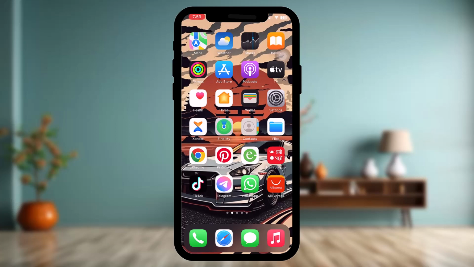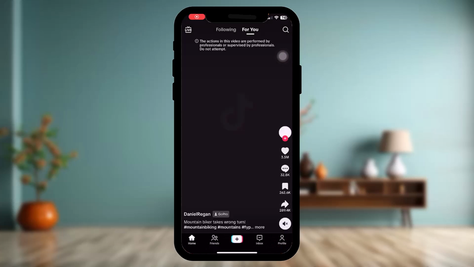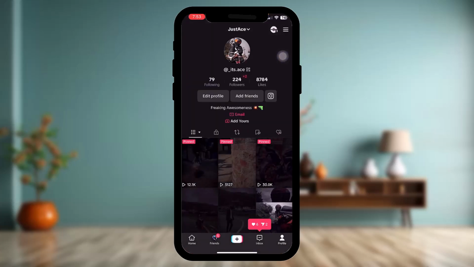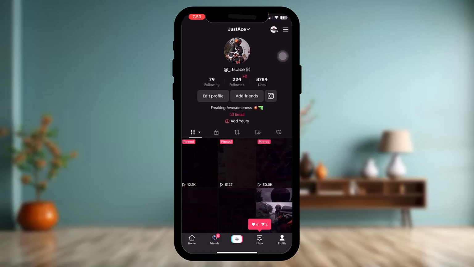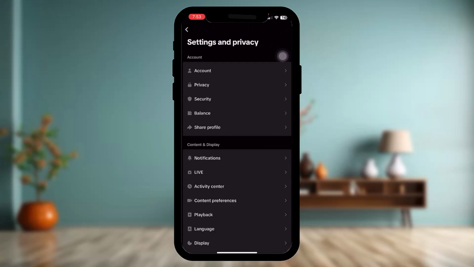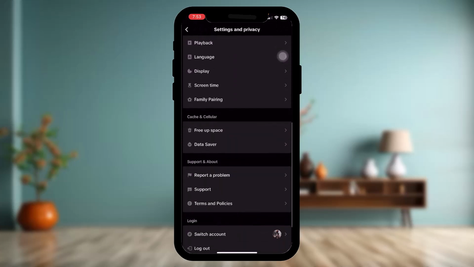But if you still have the issue, then what you can do is just open up your TikTok app. Once you're inside here, tap on the profile icon on the bottom right corner of the screen, and once you're inside the profile page, tap on the three horizontal bars on the top right corner of the screen, then tap on settings and privacy, and in settings and privacy, scroll down and then tap on the free up space option,